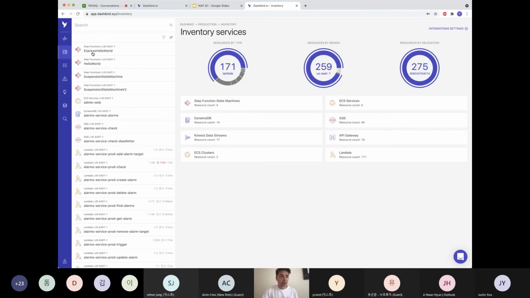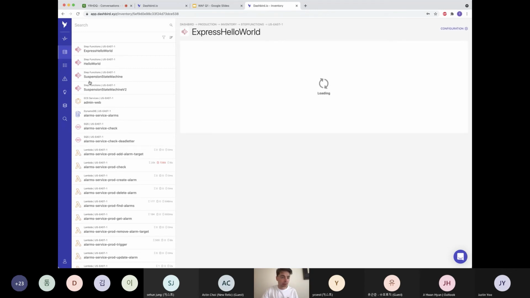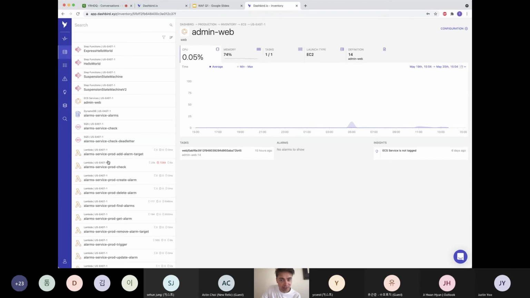So from, for example, Step Functions to ECS services, where you can look at the metrics and the alarms and the insights. Sorry, I don't know why this is taking so long to load. This is the beta